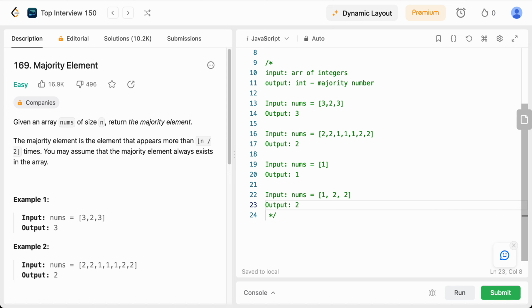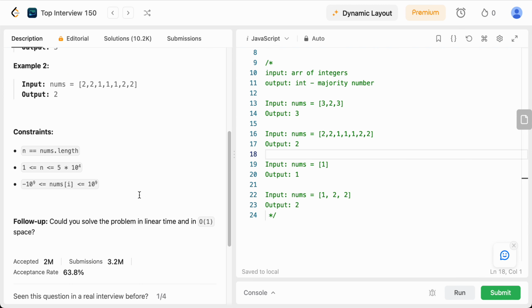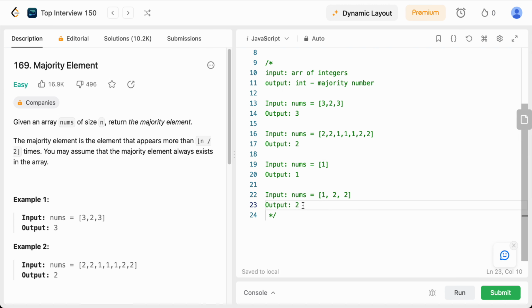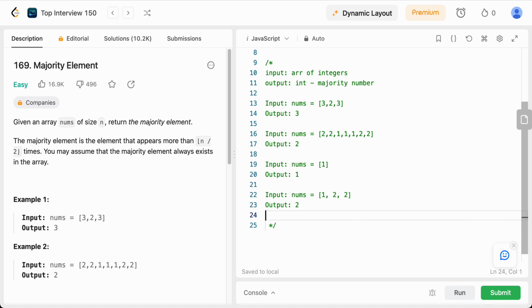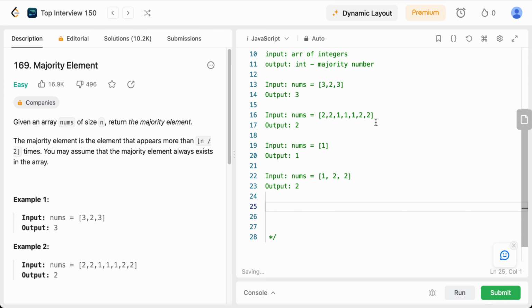Any other cases? If you have noticed, our array is also not sorted. It's just any number coming in any order. Okay, I believe that's all we can write for test cases for now, I don't see any other edge cases. Okay, let's get to the logic. How do we solve it